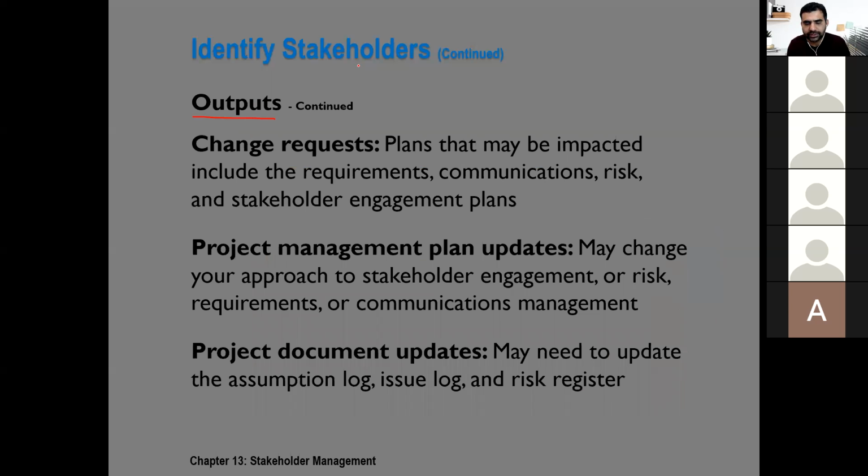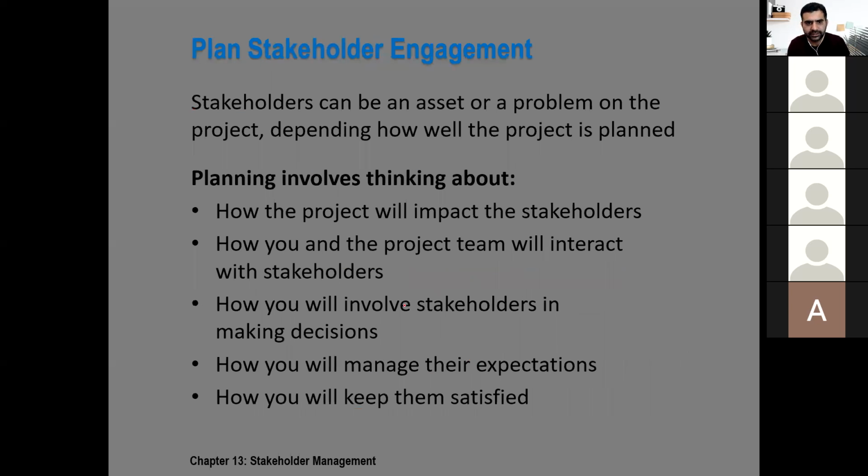Outputs of stakeholder identification could be change requests into your plans, some updates in the plans, like in the communication management plan, procurement management plan, or risk management plan. There could be some updates in the project documents, such as assumption log, issue log, or risk register. Once you complete your identification and analysis, the next step is